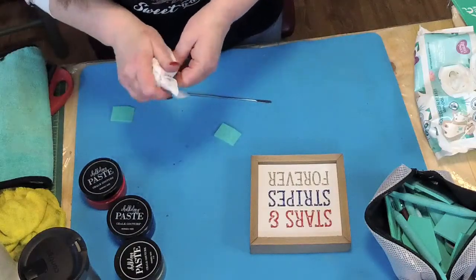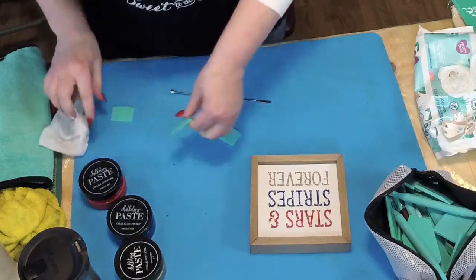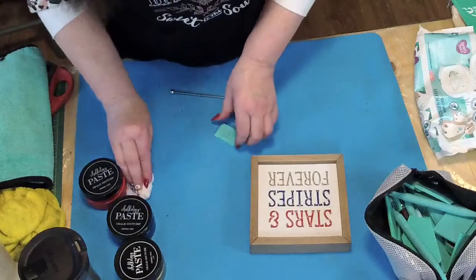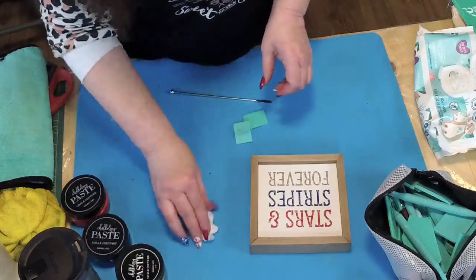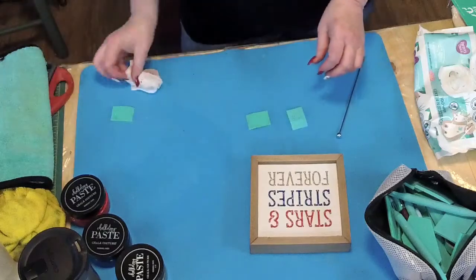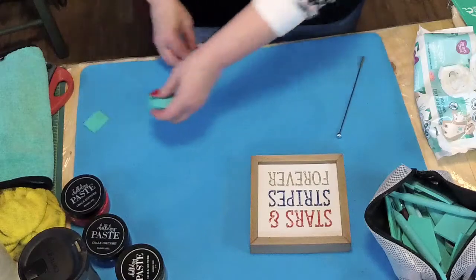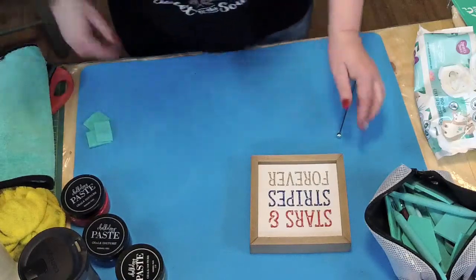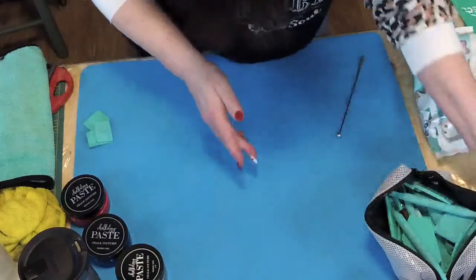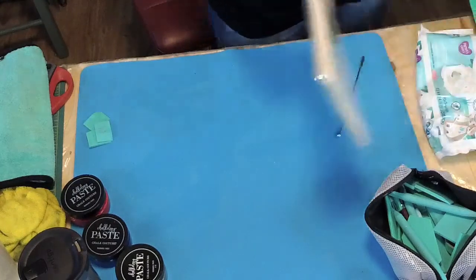This transfer, you guys, I just love it. I love most everything that we have, but sometimes I'll look at a transfer and go, I don't know that I would use this piece that often. But you can mix and match this so many ways. So they really put a lot of thought into the pieces on this transfer. Okay, so we've got that. So now what I'm going to do is bring in